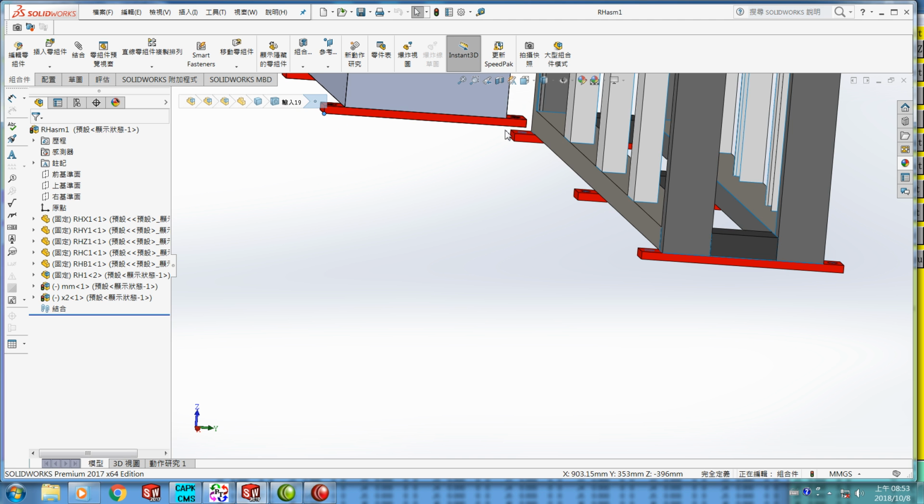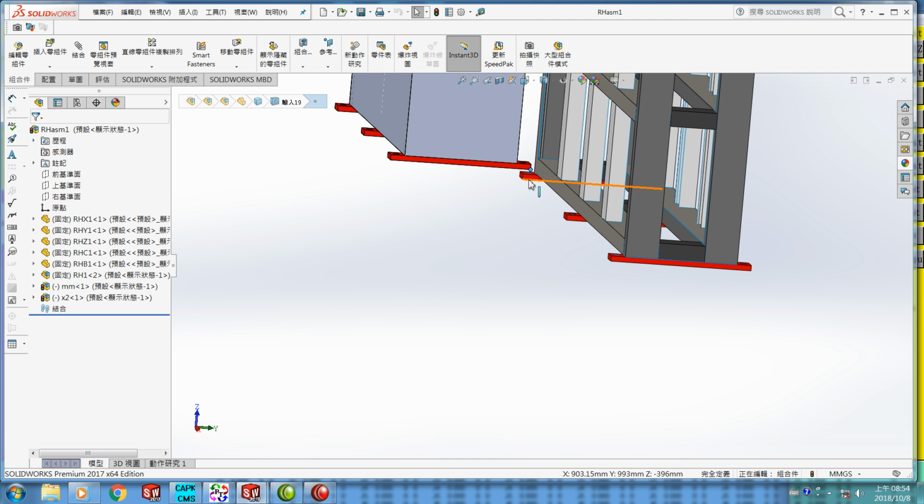And in Y, the distance is from here to here. This is Y 353. And how about this one? 993. 993 minus 353 to make 640. So delta Y is 640. We mark it already. So about the X, this position in X is